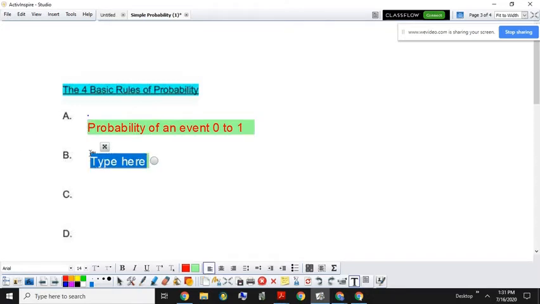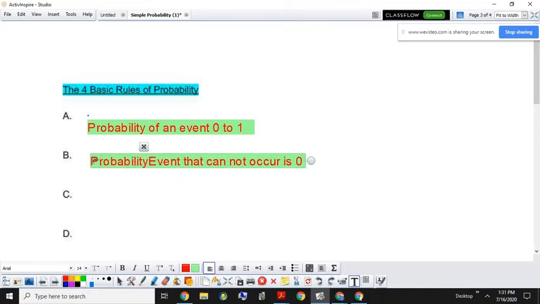Okay, next one. The probability of an event that cannot occur is 0. Can't happen, it's 0. Okay, the probability of an event that's certain to happen